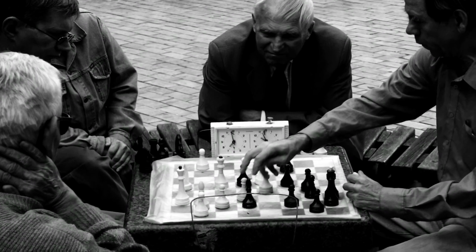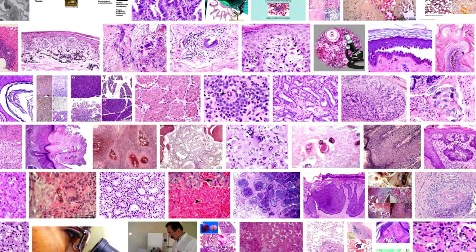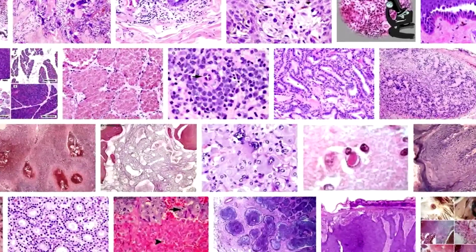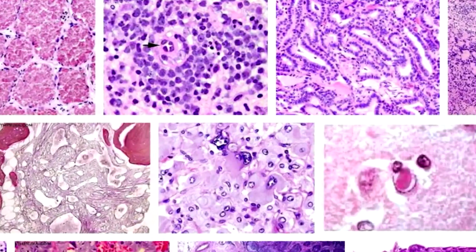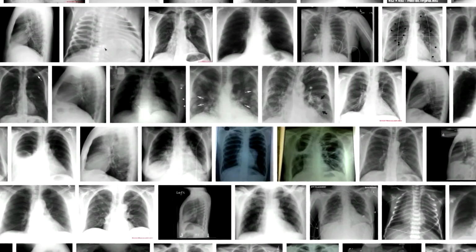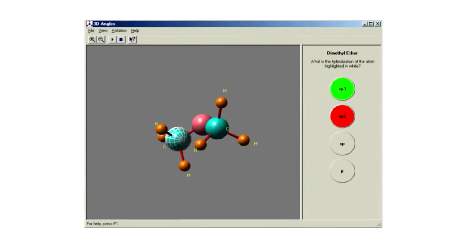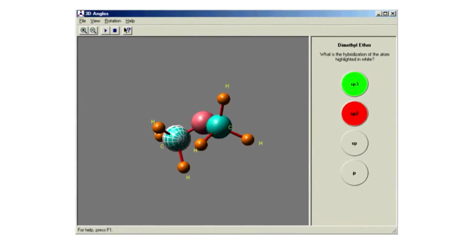Think of the chess master who can at a glance see the good moves on a chessboard, or the expert pathologist or radiologist who knows, at a glance, whether a patient is in trouble or in the clear. Experts in these domains and others have learned to see information and patterns that to a beginner may appear invisible,